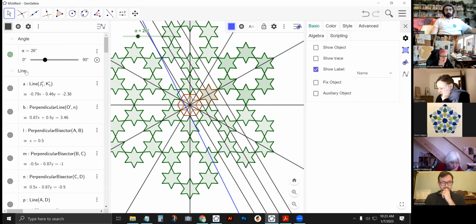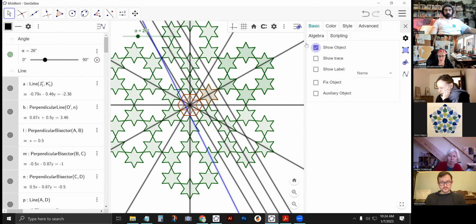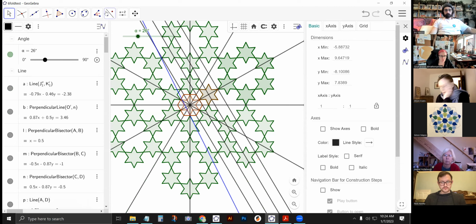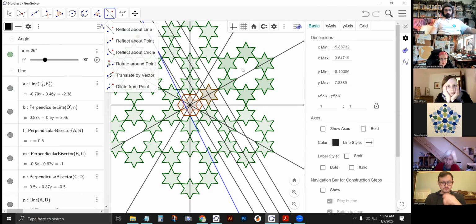We can hide our lines the same way. So I can go over here, Show Object. But if I wanted, say, to be able to fill in those stars, we'll probably want to fill in those stars. We've got time. Let's make sure we're showing those lines. And I want to reflect my star. Where do I want it? So I need it to live here, and I also need it to live here because I want to rotate it around here and